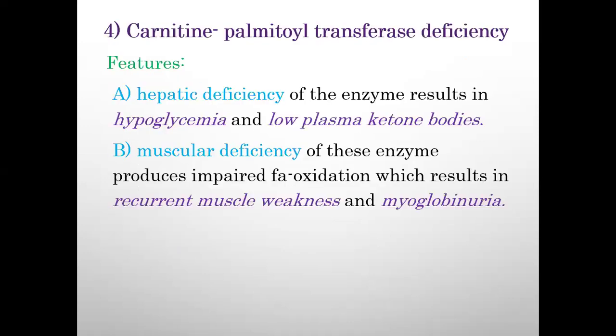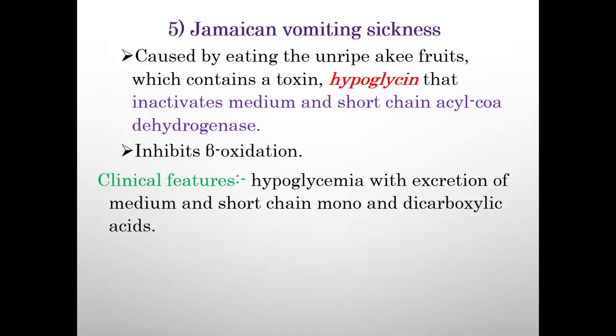So we have carnitine palmitoyl transferase deficiency. It includes hepatic deficiency of the enzyme, resulting in hyperglycemia, hypoglycemia, and low plasma ketone bodies. Muscular deficiency of the enzyme produces impaired fatty acid oxidation, which results in recurrent muscle weakness and myoglobinuria. We also have Jamaican vomiting sickness, which is caused by eating unripe ackee fruits, which contain a